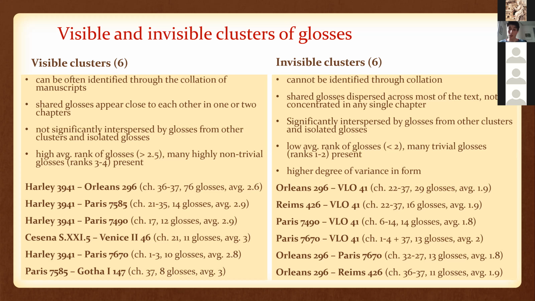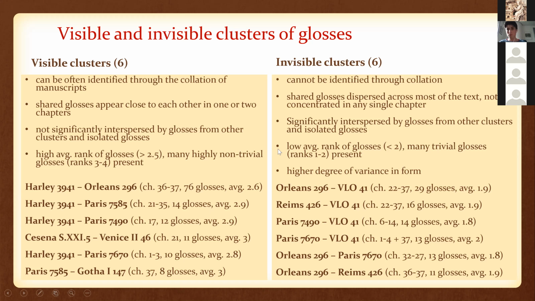What's also interesting about these clusters is that they tend to have a relatively high average ranking of about 2.5, and many of them contain a high number of non-trivial glosses with ranks 3 and 4. Here you see the averages, and here you see the 6 visible clusters I was able to identify. Many of them are manuscripts of the